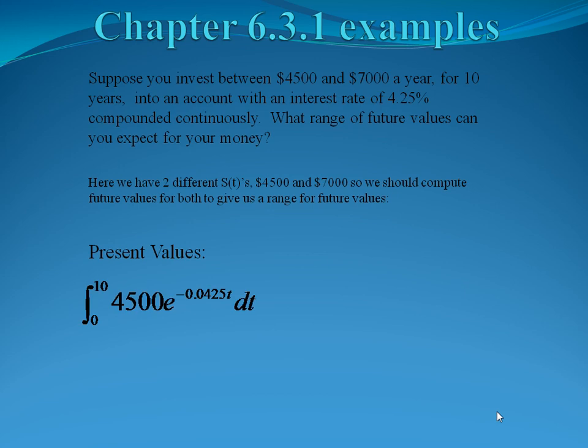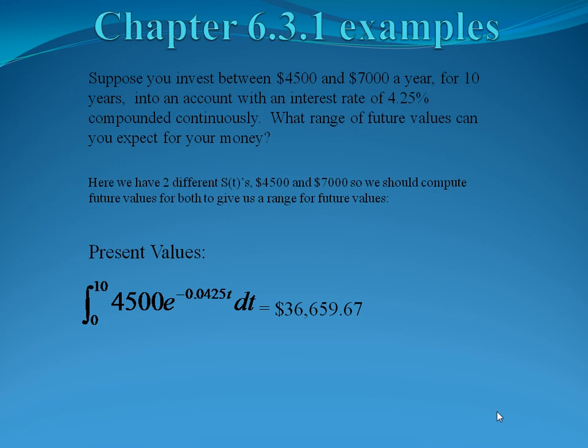On the low end, for the $4,500, we'll integrate from 0 to 10, since we're investing for 10 years, 4,500 e to the negative 0.0425t dt, which gives us a present value of